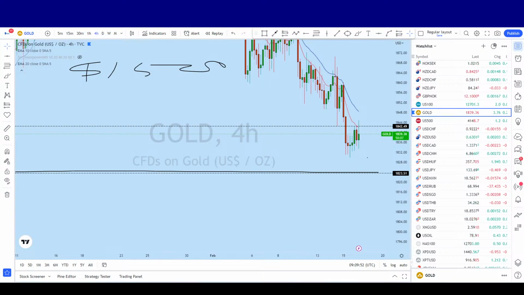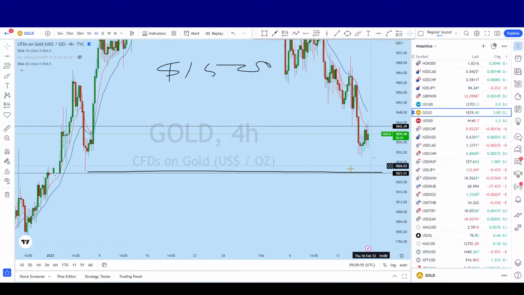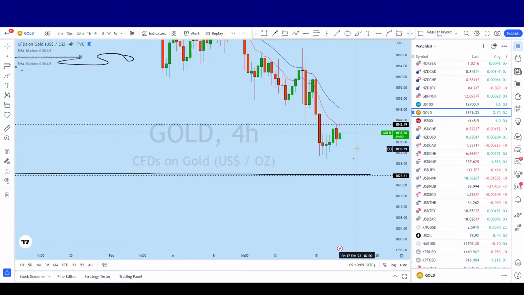So this is basically what I will be doing on gold. This is the price I put. Even in the news time, we'll be using that trade, I'll keep that on. Okay, so now